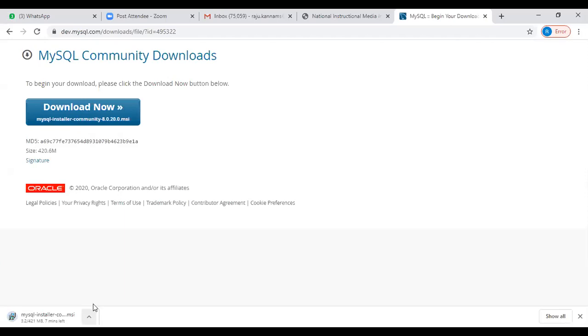Now I already have the file, so I don't want to download. I already downloaded the file. Just to show you, that's the reason I did all these steps, right? So now I'm canceling this. If you click on this, the file will be downloaded. It is approximately 400 plus MB. Once it is downloaded,